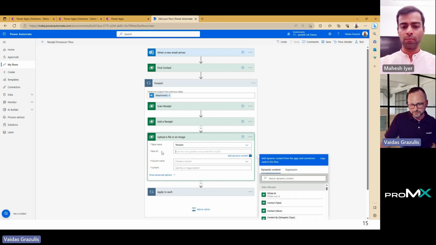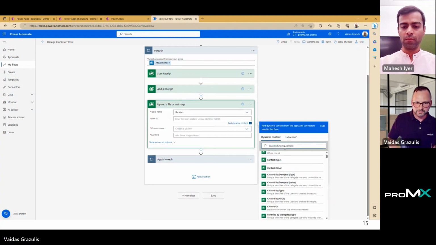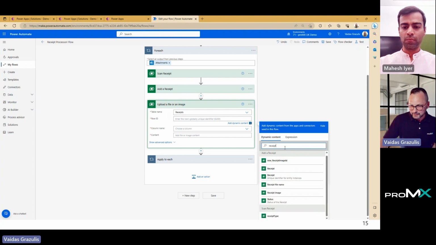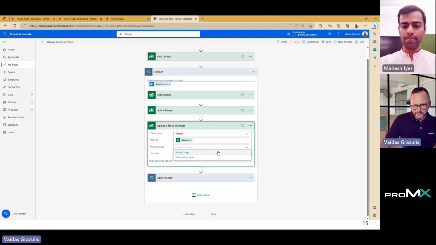For the row ID, we know we're going to use the ID of this previously created record. This is just going to be a receipt unique identifier for the entity instance. The column name is given for us. We can choose the columns that are of the type file or image.